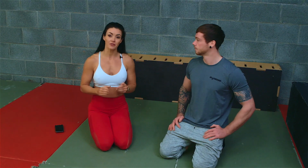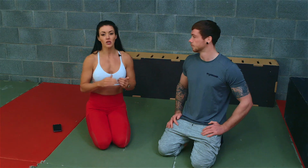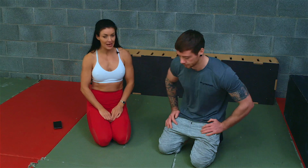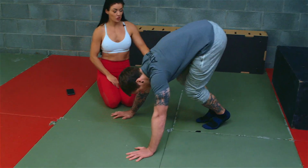But we are going to give you different levels. We're actually going to give you 4 different levels that you can choose from, and you can progress up to trying the very difficult one if you want. So the first level is simply just to come into a handstand position with your feet on the floor and